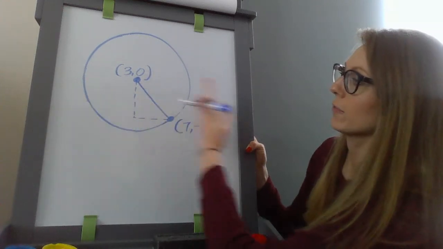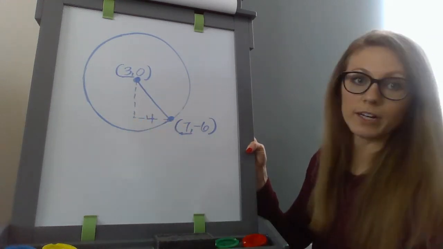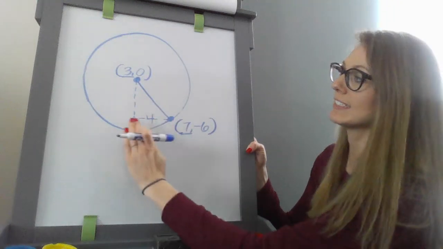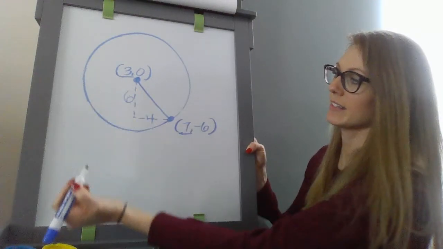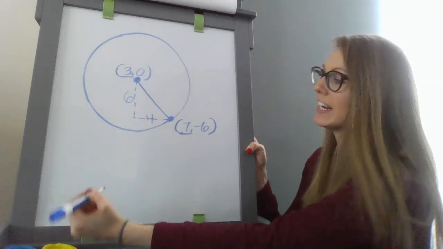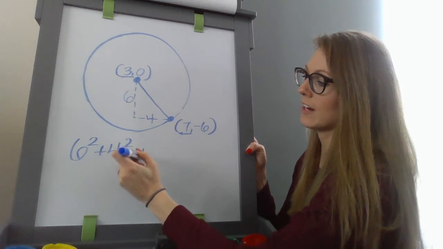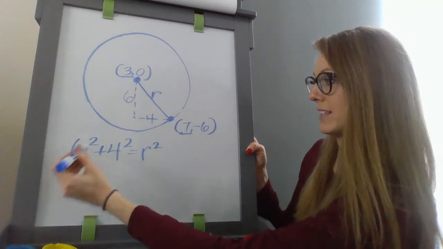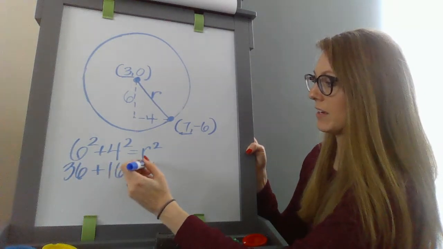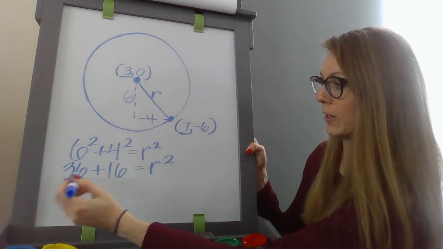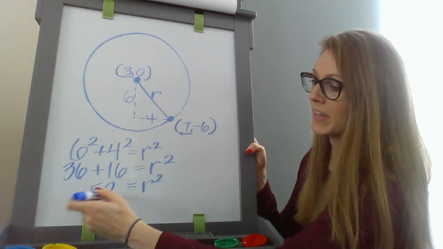So if we're looking at our x values, if we had 3 and 7, that would be a distance of 4 for the x difference. And then over here from 0 to -6, that height here would be 6. That would be our distance in the y direction. And then if we did a little Pythagorean theorem, 6 squared plus 4 squared would get us our radius squared. So let's take a look. We have 6 squared, so 36 plus 16 equaling our radius squared. So we're at 52 is our radius squared,